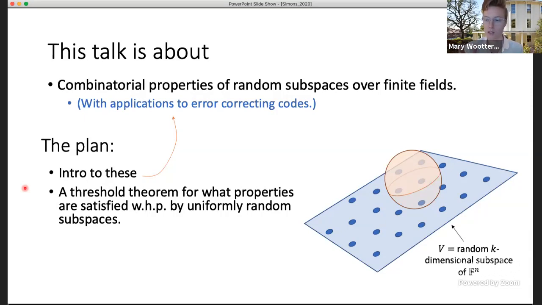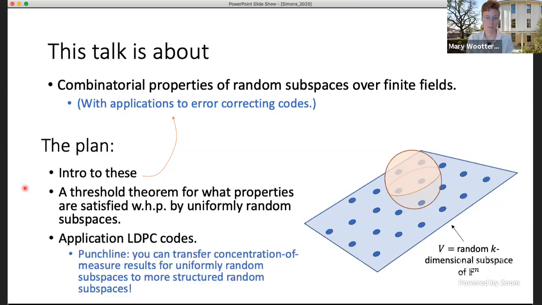Basically, for these sorts of properties that I'm interested in, like not having too many points contained in any Hamming ball, it's going to be the case that as the dimension of the subspace goes from small to large, very large subspaces are very unlikely to satisfy these properties. There'll be tons of points in some Hamming ball. Very low dimensional subspaces are quite likely to satisfy these properties. And I'm interested in what the threshold in between is. What is the point where a subspace goes from being very likely to being very unlikely to satisfy such a property? I'll tell you that there is a sharp threshold for a certain very broad class of properties, and I can also give you a characterization of that threshold. That will be the second part of the talk.